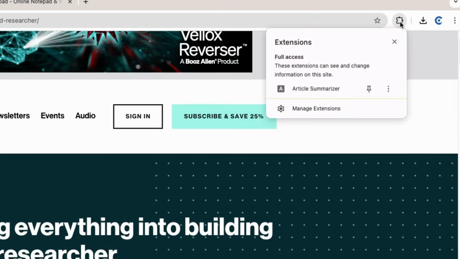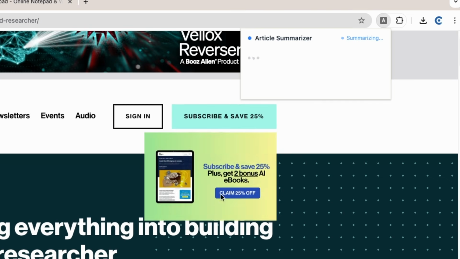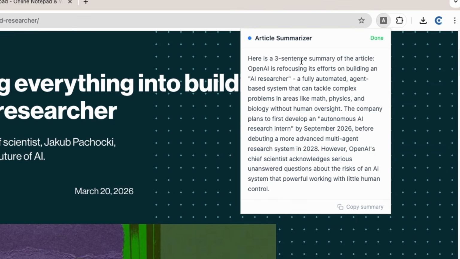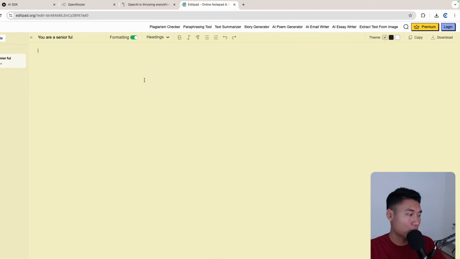So in here, I have my extension. That's what we are going to build, right? Article Summarizer. So when I click that, as you can see, it will summarize this article, right? Here is a 3-sentence summary of the article. OpenAI is refocusing its effort on building an AI researcher, and so on. And also we can just copy the summary and go to any text editor you want and just paste that,